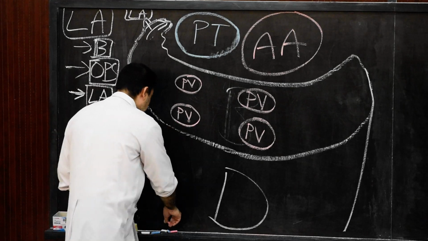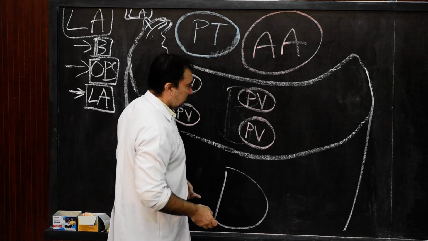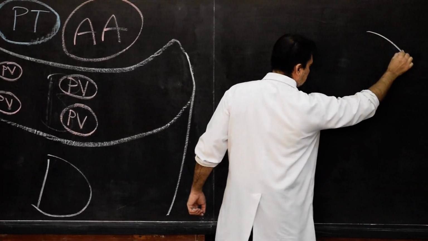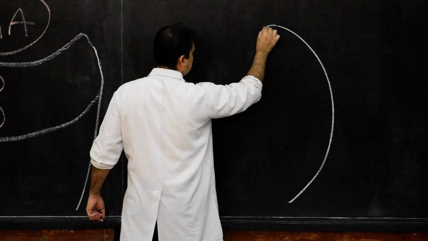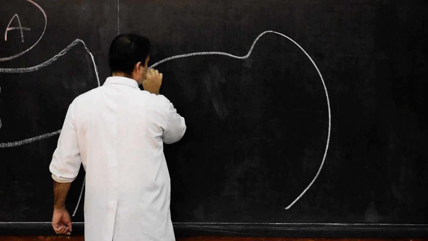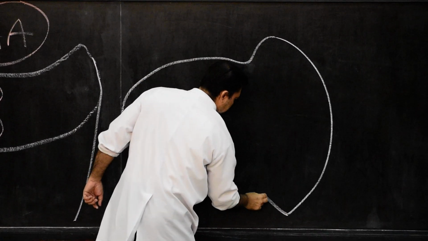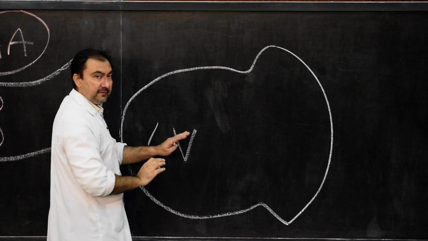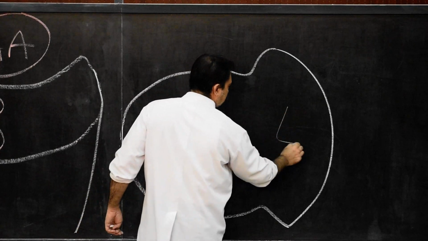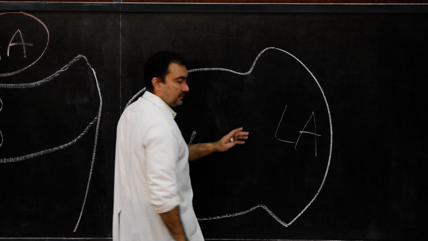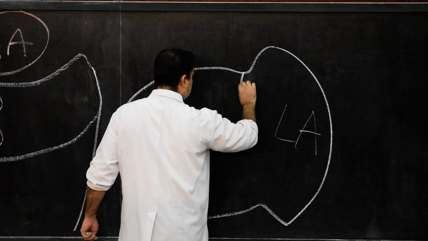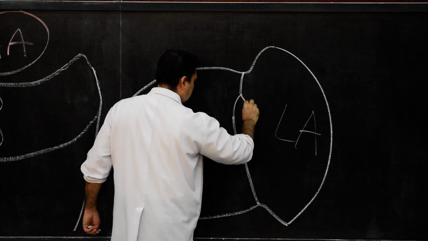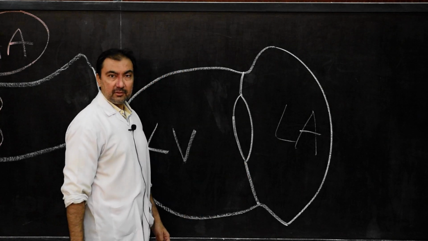Now, another diagram we would like to draw. So please come on this side. Here, if we draw the diagram, that will be a cross section. This is the left atrium, and similarly, this one will be the left ventricle. So this feature is left ventricle. We leave as it is. This is our left atrium. And then in between, we show the presence of the left atrioventricular orifice.